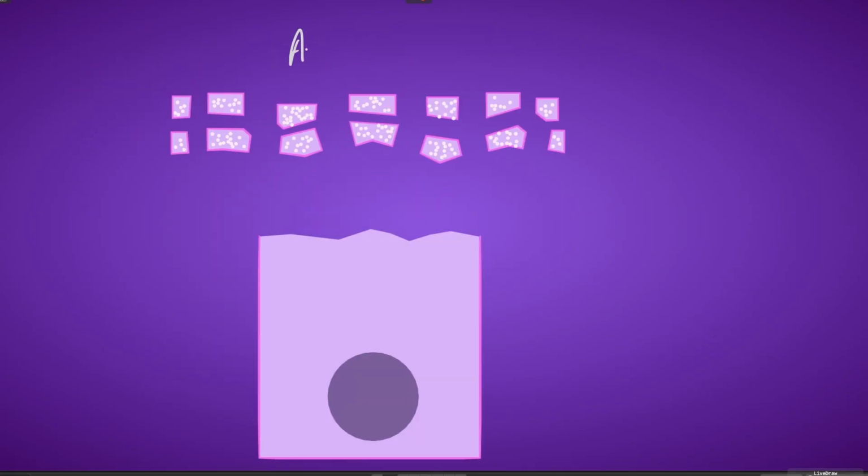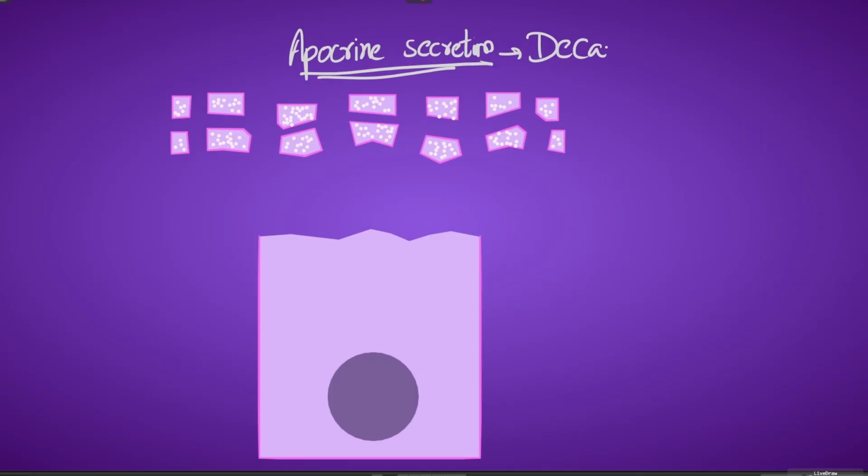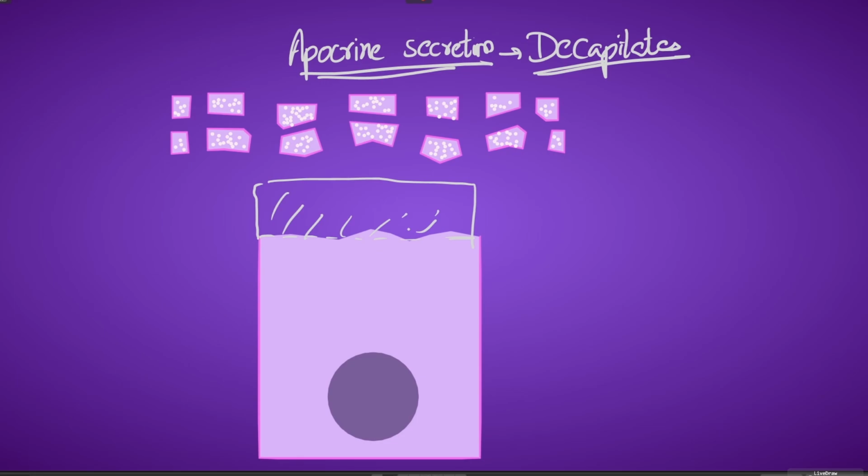So this mode of secretion is called apocrine secretion. So in apocrine secretion, the apical part of the cell is typically lost. It is also said that the cell decapitates. The head is lost, so the cell decapitates. So after this decapitation, notice that this part of the cell is lost. So when more secretion is to be released, the cell will first repair itself. This part will be repaired, and another cycle of secretion will go on. And this type of secretion is called apocrine secretion.